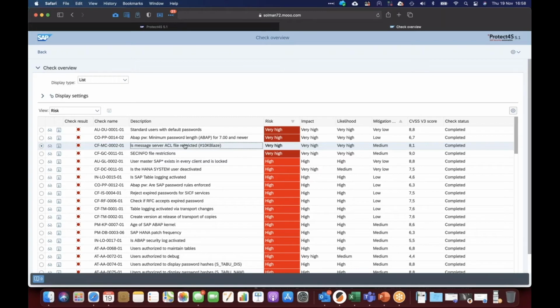But a couple of smart guys from Russia, they found a way to, let's say, register themselves as being an application server of SAP. And this is quite tricky because then you can do man-in-the-middle attacks and simply take over the full SAP system. If you want to know more about it, if you scan your system and you see